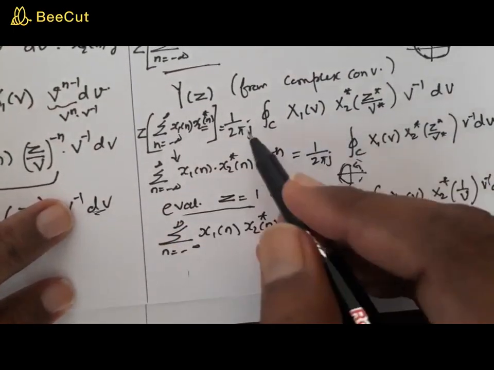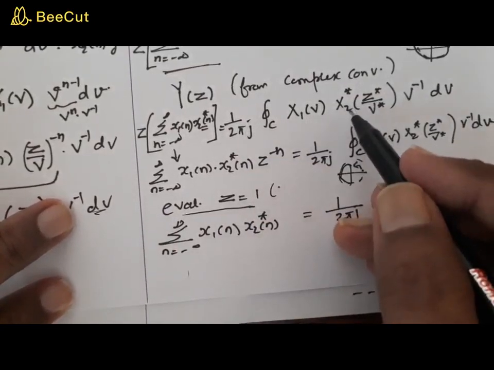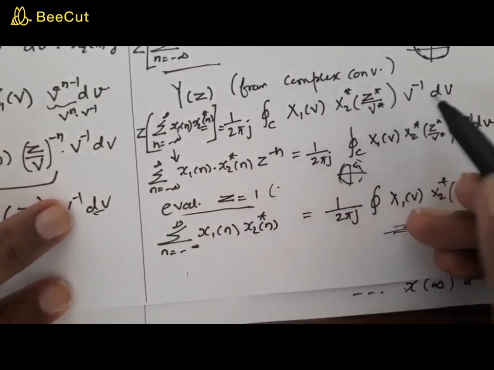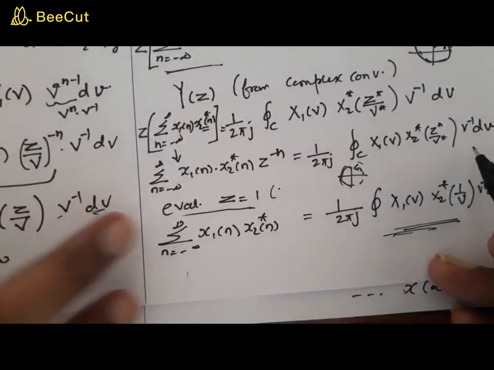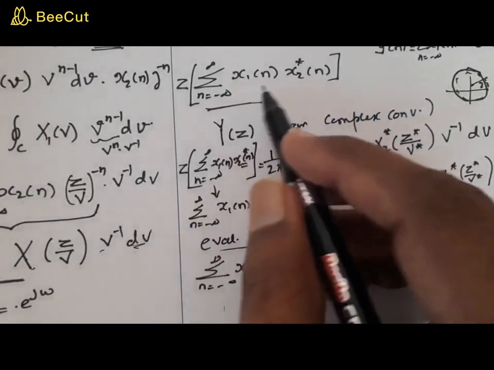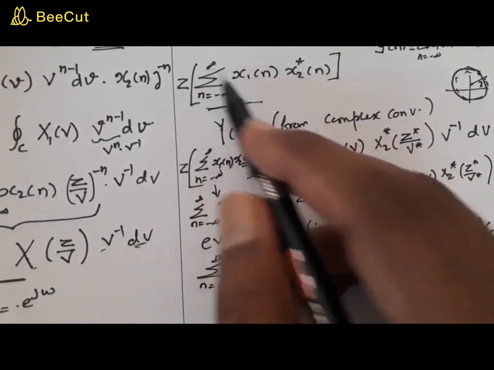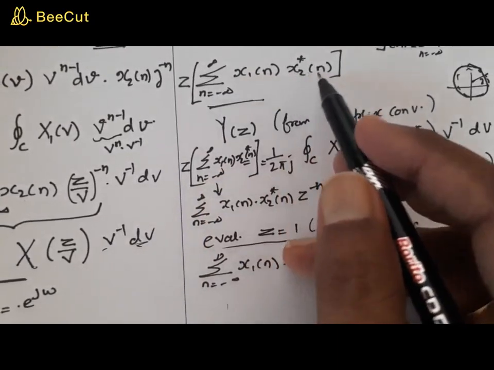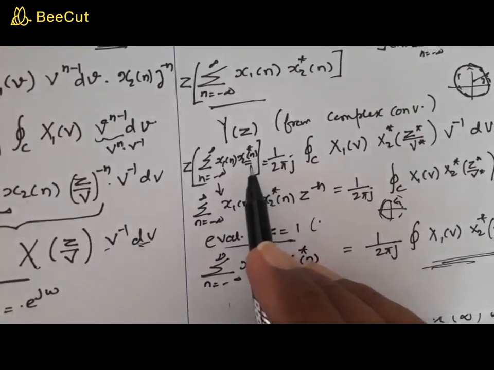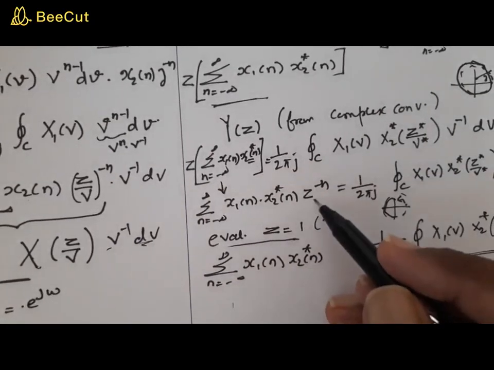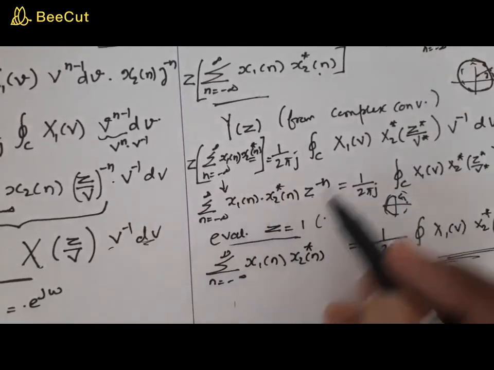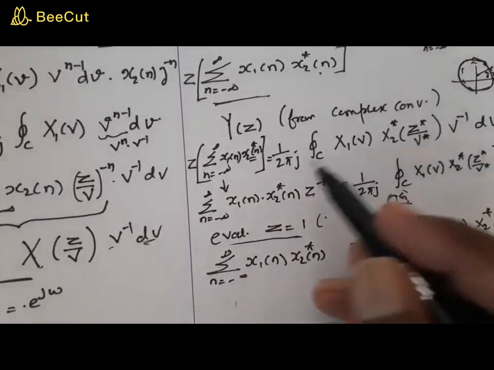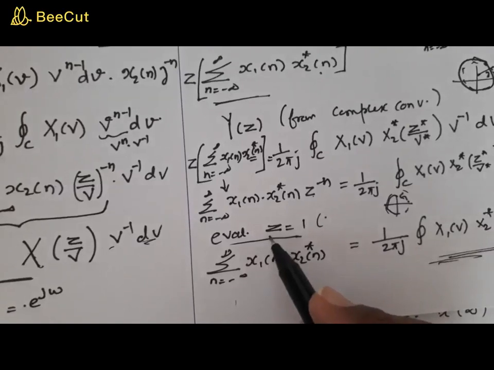Okay, look at this. So this will be 1 by 2 pi j. The only difference is X2 star of z star by v star into v inverse dv, right? So this is your expression. Now we want to get an expression like this, that is Z of sigma n equal to minus infinity x1 of n into x2 star of n. Now this consists of a z raised to minus n. So in order to get this, you need to evaluate this contour integral along z is equal